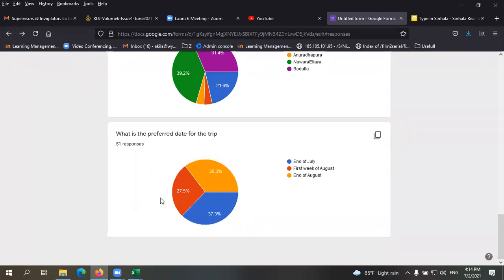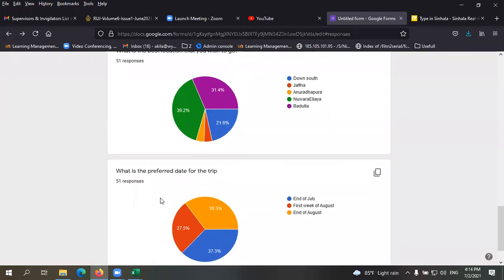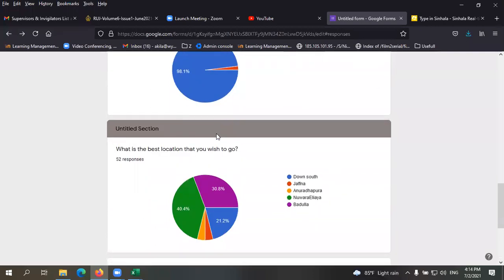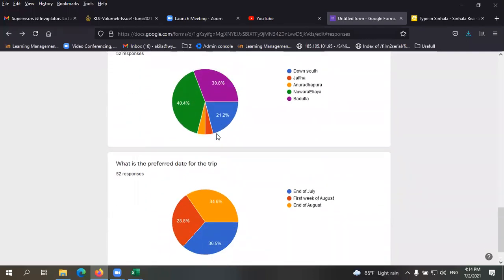You can see summary results in graphs. Previously in settings, I told you there is an option that allows responders to view the summary. These are the summary that they can view. If you allow responders to view the summary, then they can see these graphs. In this kind of form, it is okay, because we're going to have the common opinion about this. So it is better that you can show them, and in that case you can allow them to view the responses.